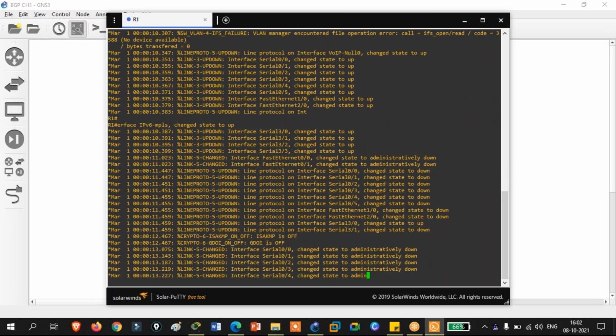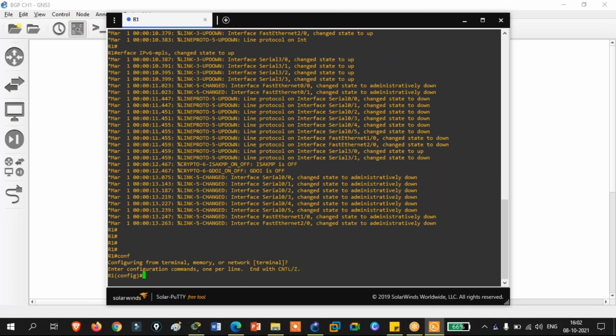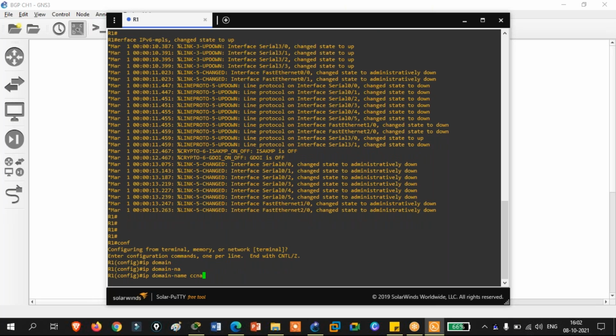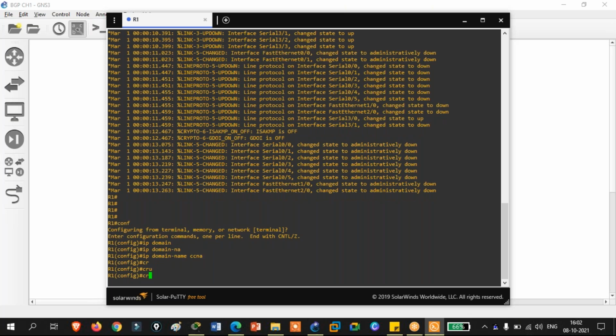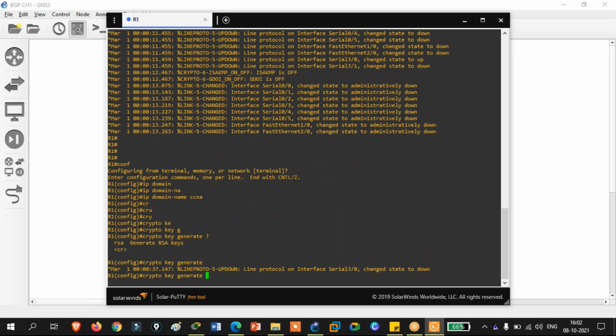These are real routers. So what was the command? ip domain-name, let's say CCNA. crypto key generate. See, RSA is there only. Okay, sir.